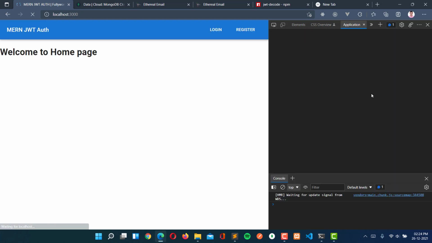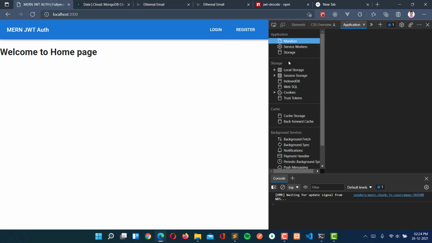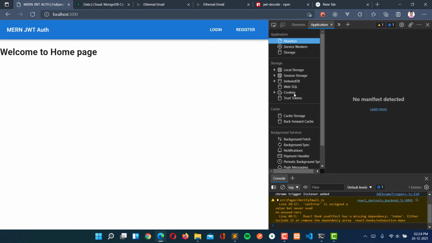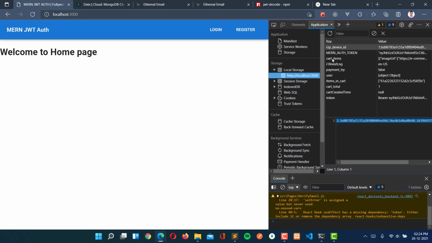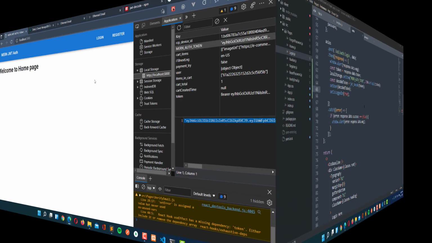When I move to the application, here we are getting only login and register, but we should not get this. We should get that our user is logged in, because we have the token present in our local storage. See, this one, auth token here. So now let's move forward and handle this.